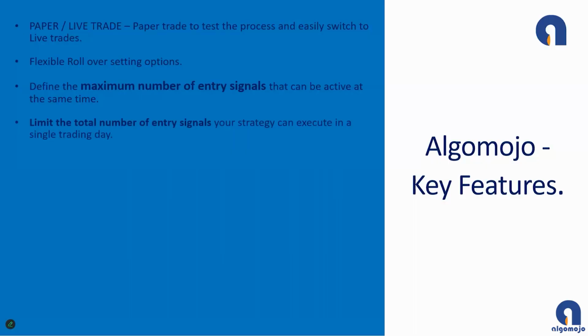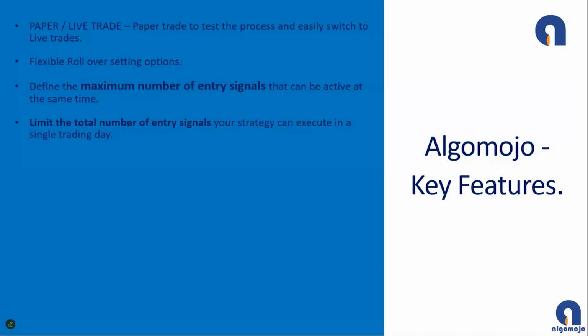If you don't want to take more than say 2 or 3 buy trades coming in one after the other, you can set in the system itself that the maximum number of entry signals that you want is 2 or 3. So if you have set it to 3, it will take the first 3 buys that come in. After that, if there are any new buy signals coming in, they will not be executed. It will stop at 3 buy signals and execute the sell order and then get into a buy again if there's a sell signal. Otherwise, it will stop taking all the other buy signals